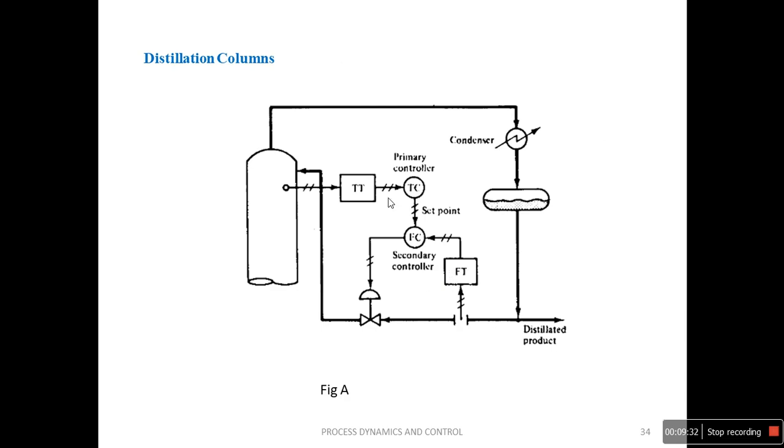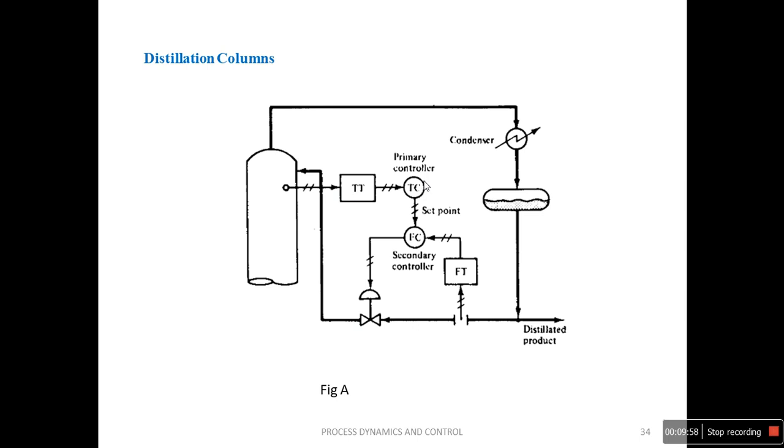Assume that our aim is to control the temperature of this distillation column, and one of the main disturbances having an effect on this temperature is the flow rate of the distillation product. So in this cascade control, the primary controller compares the temperature which is to be controlled